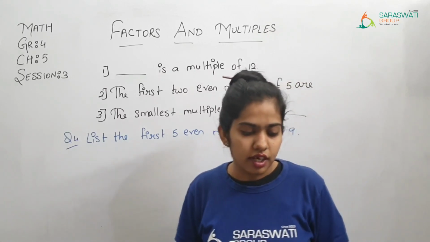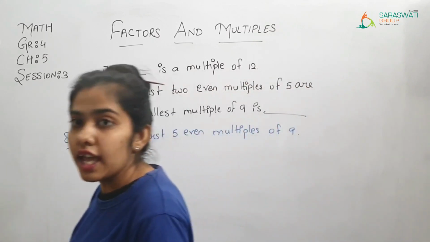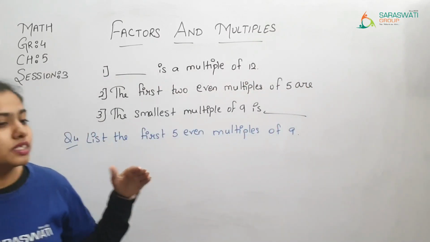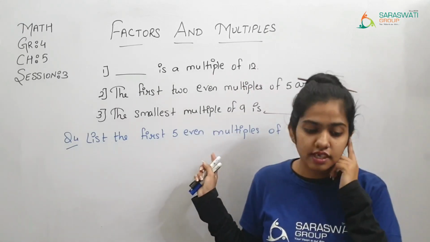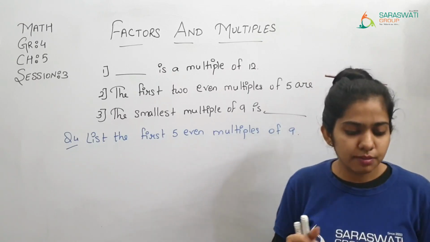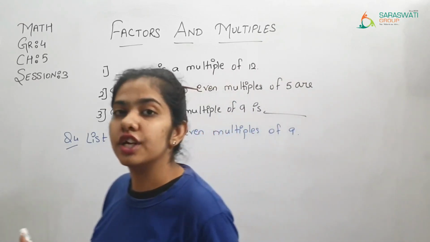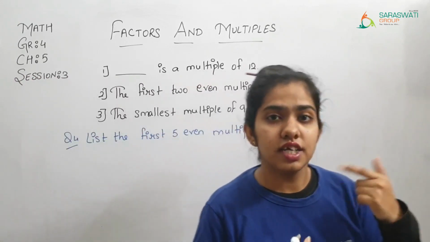Then afterward, write down the multiples of 8 that are less than 100. 8 ના ત્યાં સુધી multiples લખવાના જ્યાં સુધી 100 થી up ન જાય ત્યાં સુધી 8 ના multiples લખવાના છે. Write down the multiples of 8 that are less than 100. 100 થી less હોય 8 ના એટલા multiples લખવાના છે.